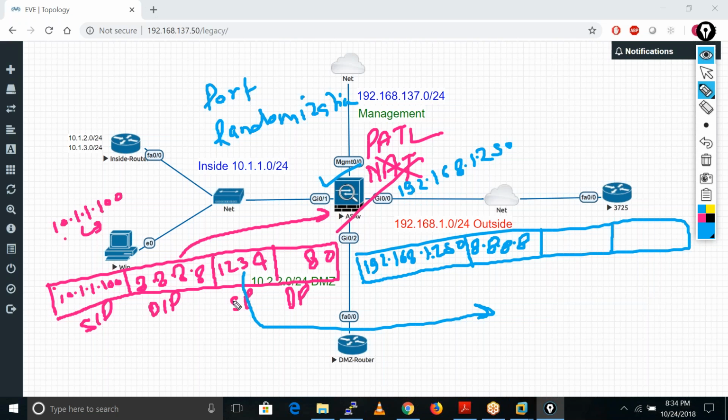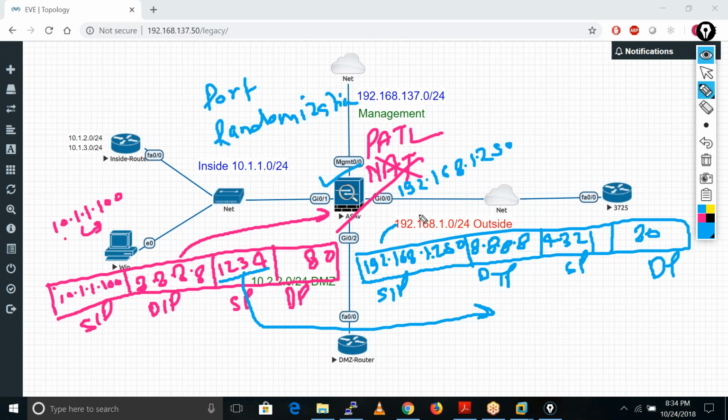Port randomization means it always changes the source port. So like it changed the port number to, say, 4321, and the destination port is 80. This is a source port, this is a destination port, this is a source IP, this is a destination IP. So that is the packet after NAT.